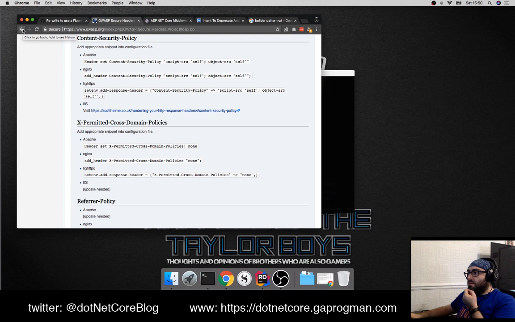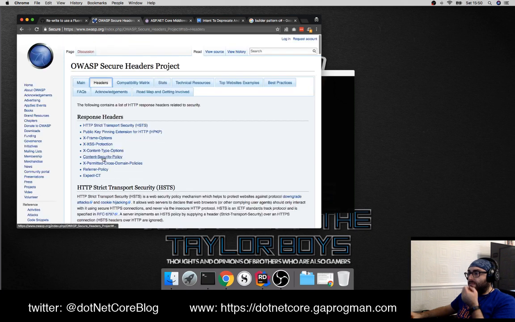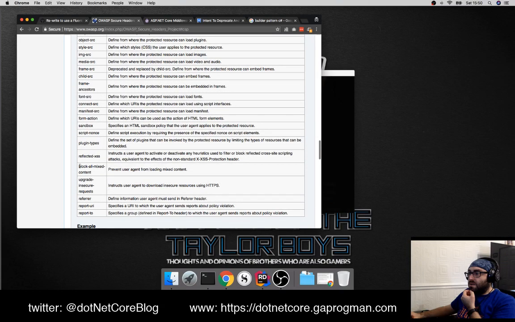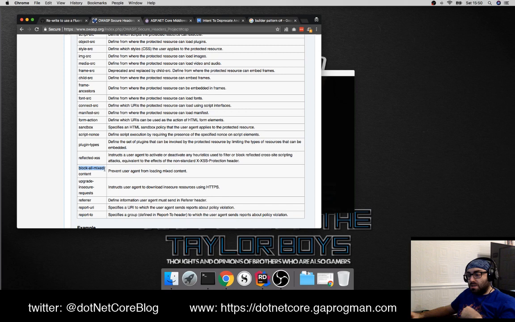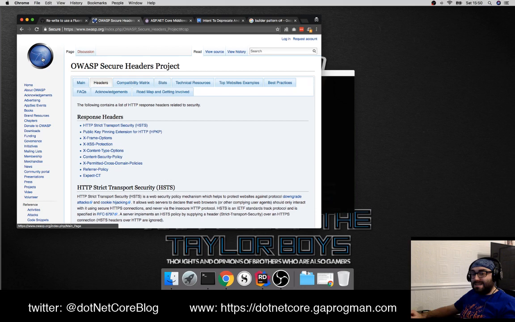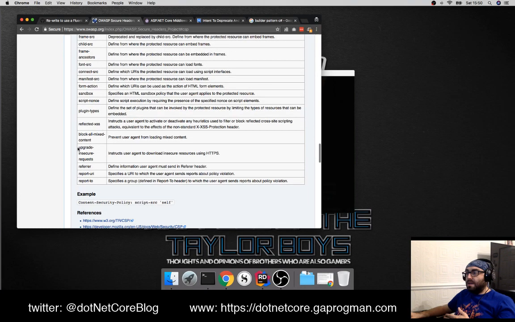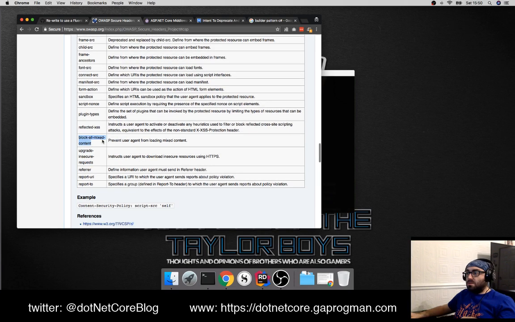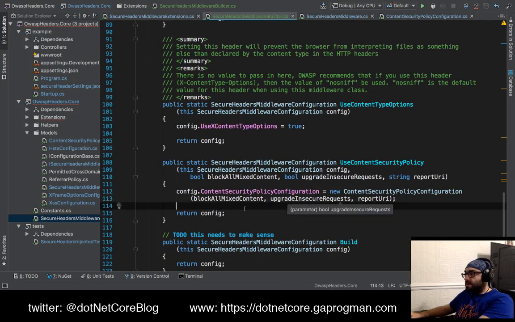Okay, so the two that I'm pointing at, if I go content security policy, these are block all mixed content. So anything that's served over HTTP, so if your website is HTTPS like this page is, but let's say that this icon was served over HTTP, what block all does is it blocks that. It says, no, I can't download that because you've told me to download this web page using HTTPS, but you've only given me an HTTP connection to do it, so I'm going to block it. And the other one attempts to upgrade insecure requests to secure requests. So I reckon that one should be true and that one should be true. Yeah. So let's set these default values to